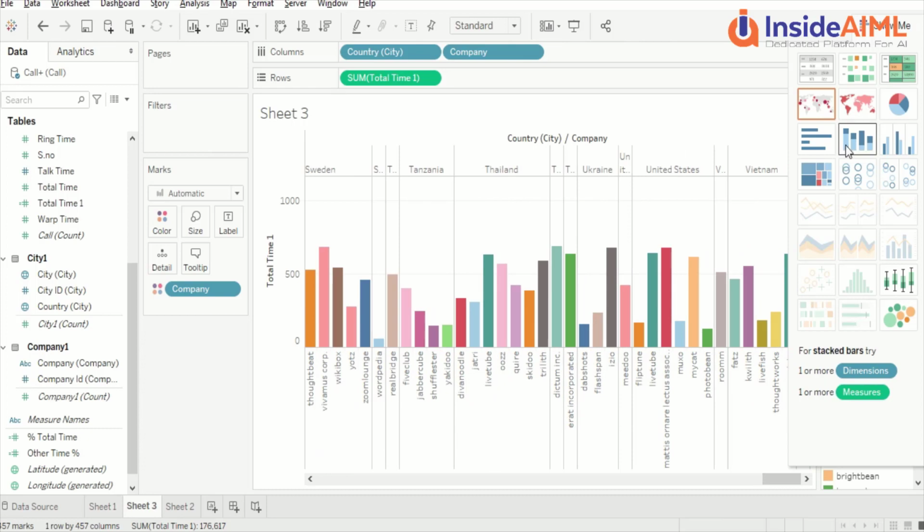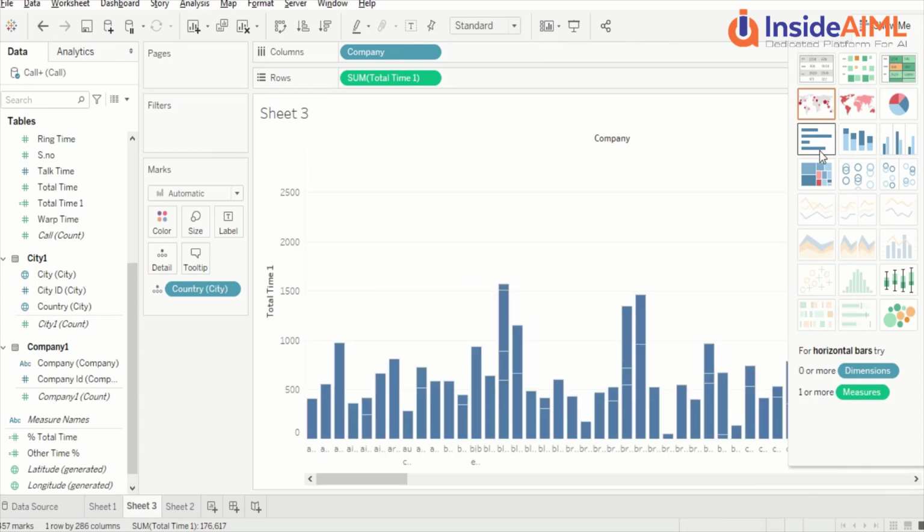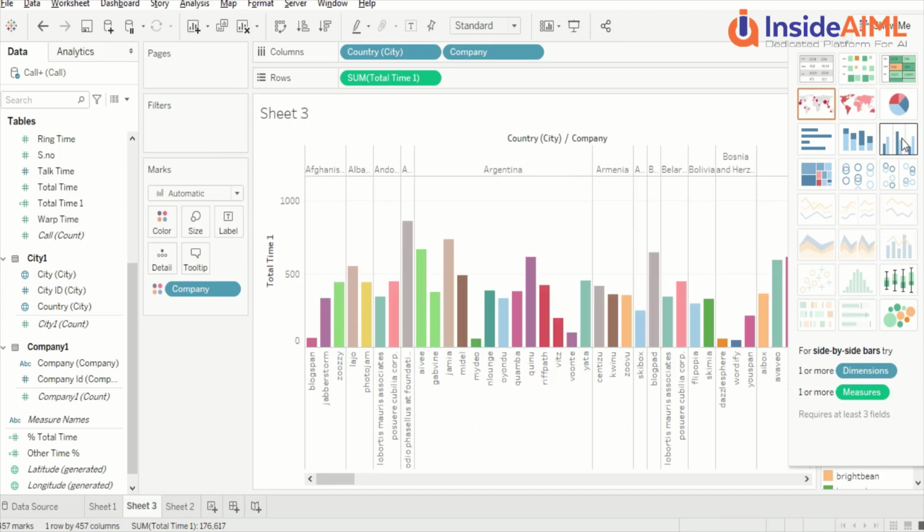So this was stacked, this was bar, this was the clustered visual, and this is side by side bars, here it is tagged bar. Now there are three more visuals which are available right now. This is one more tabular visual. Then we have this heat map, and then we have this tree map. Okay, let's look at the heat map first.